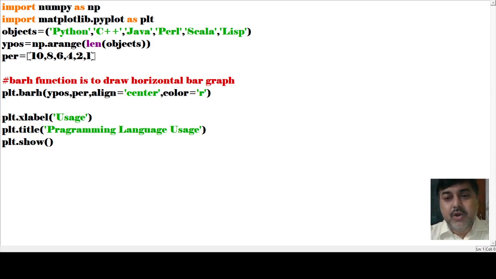Originally we will find that there is data. What pattern of data can we find here? Generally we use numeric data, but here you are seeing that character data has been given. Since we are using this character data, we are using np.arange for y_pos. We have written here the possible frame that we can construct.